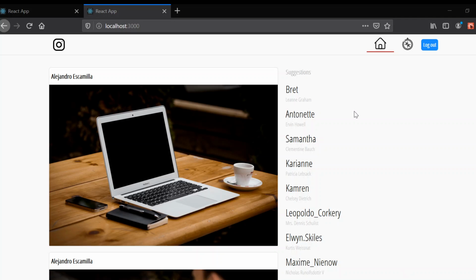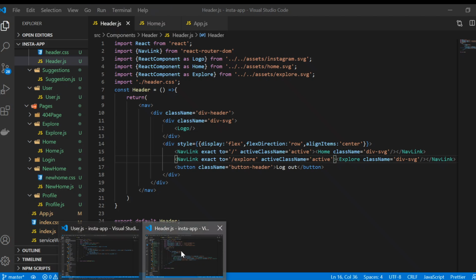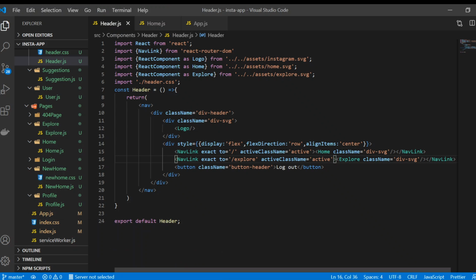Hi guys, this is the end video for this project. So we're just going to do some minor changes, like create the functionality for logout, and just deploy our app. So in here, in our code, you have to use withRouter for pushing the